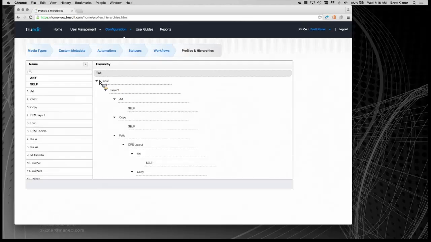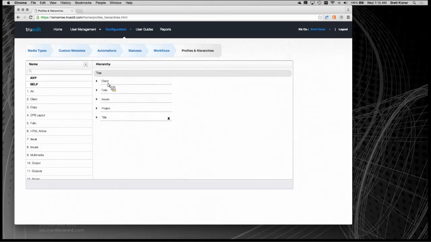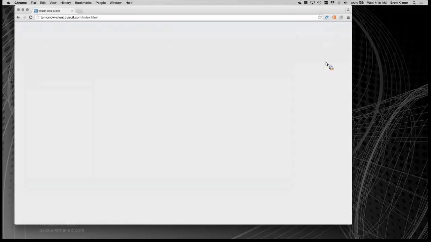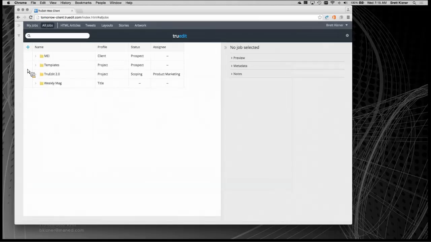So we'll just make a couple adjustments here, and I'll go back into Microsoft Word and just want to show you the quick relationship between Microsoft Word and InDesign. So what I'm going to do here is I'm going to make a quick change to that Word content, and we'll go back to the web client, and we will check that in.